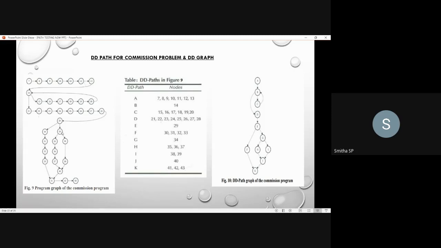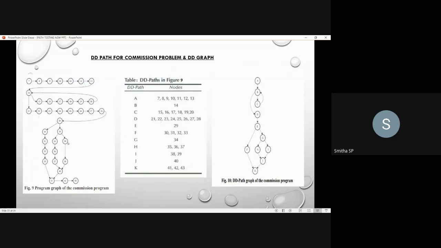So what you are supposed to do is, this 34th node is represented as G. Next, you will come up with the two possibilities, H and I. From the 35th, which is an H, here it is a sequence 35, 36, 37. So these three nodes are represented by a single node, that is H. Next, I, that is the 38th node.